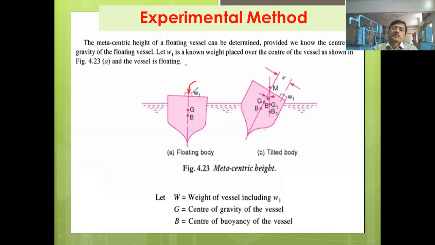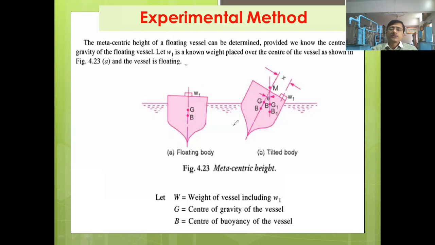But if I move this weight from the center line to one of the extreme sides of the vessel, at a distance of x meter, then what is going to happen? As this object is symmetric, if we put this unbalanced weight on one side of this floating vessel, it is going to tilt on one side. If we put this weight on the right side, then the floating vessel will tilt on the right side, because of this unbalancing weight, which is shifted from the center line to this point by a distance of x meter.